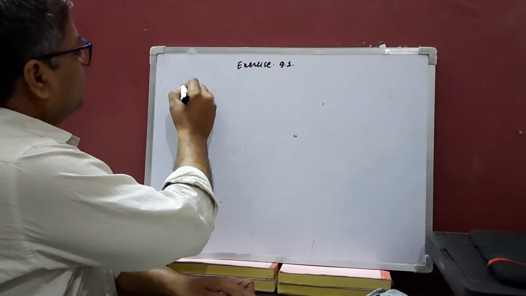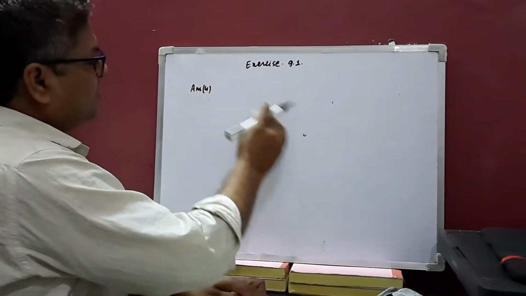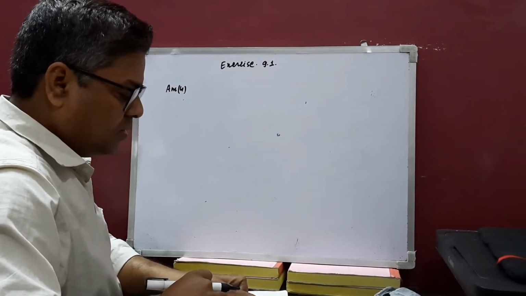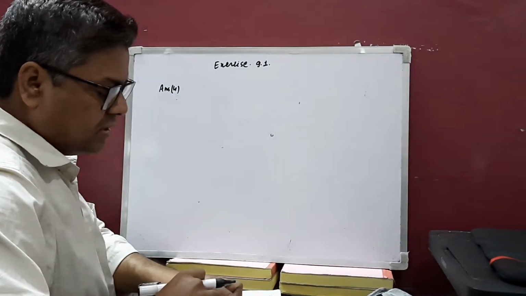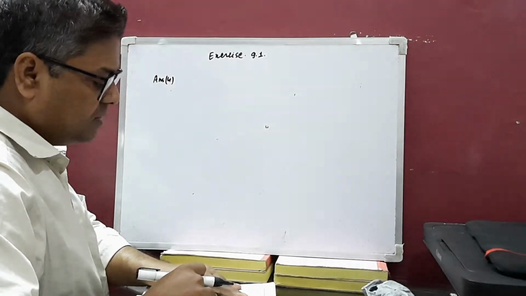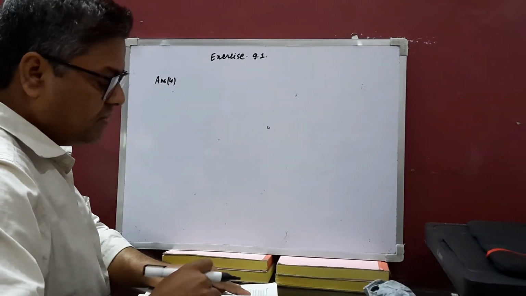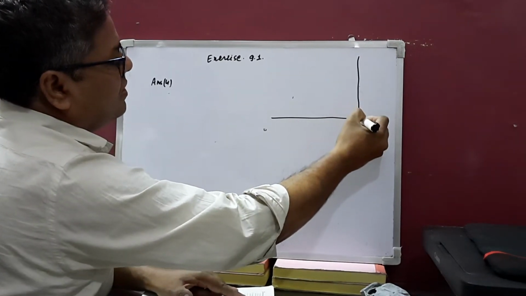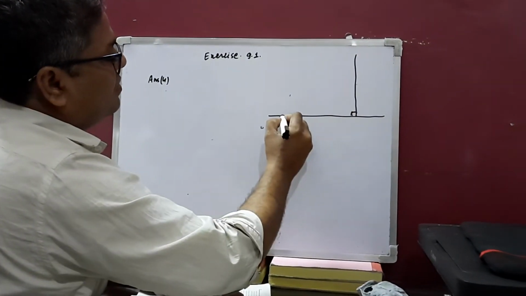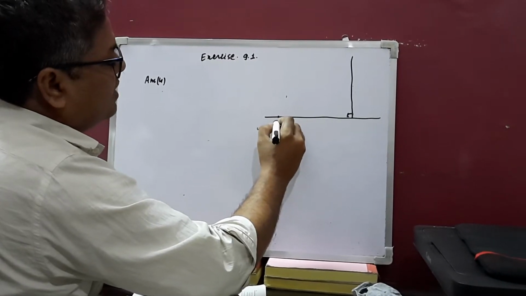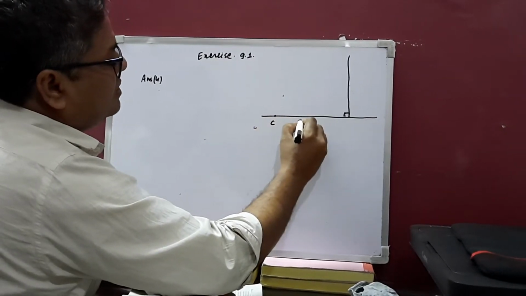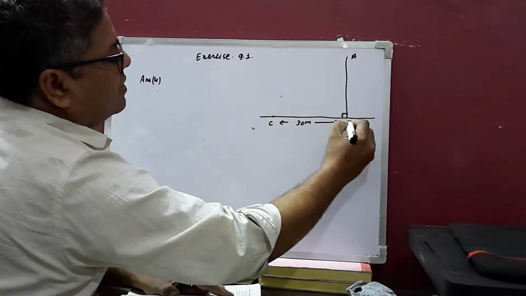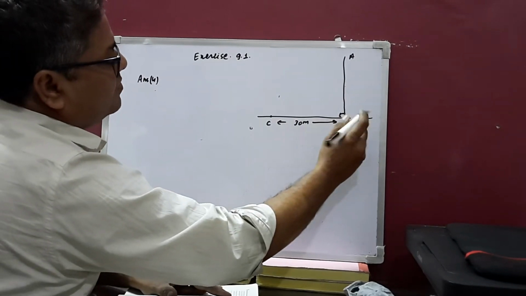Yeah, this is answer number 4. The angle of elevation of top of a tower from the point on the ground which is 30 meter away from the foot of the tower is 30 degree. Find the height of the tower. This is the ground level, this is the tower. And from the base of the tower, a point is fixed by the observer. This is C, and this is 30 meter away from the base of the tower. And this is AB.